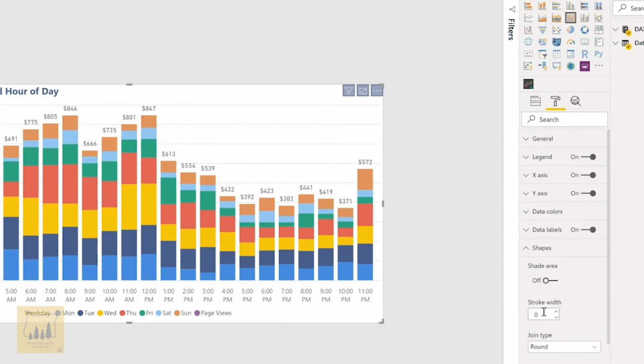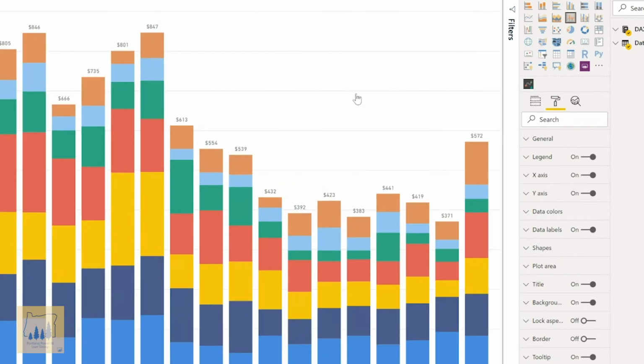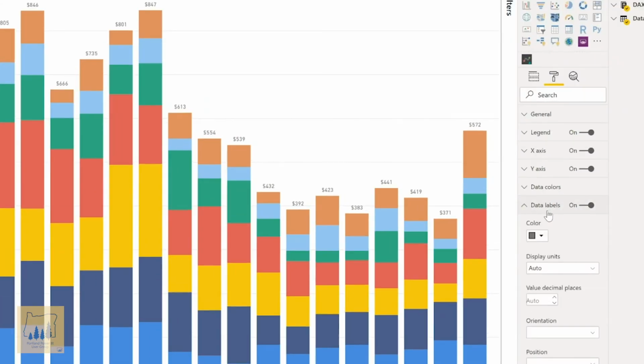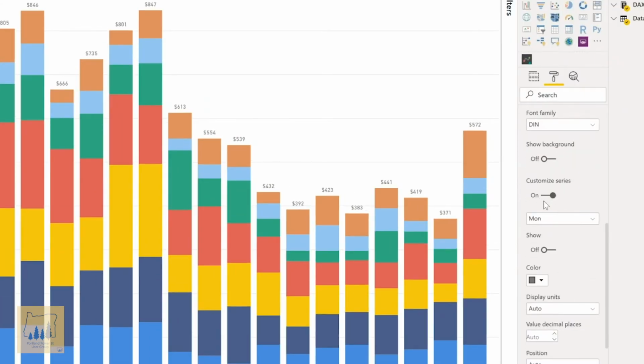It's kind of an odd implementation where they allow you to go all the way down, like having -1 decimal places. That would not make any sense to allow. But because this exists here and somebody showed it to me, I was able to figure out how to do it in one visual. A couple of other things are important to get this to show up. You'll notice that both at the regular level and in focus mode, it still only shows the data label at the top. To make sure this stays true, you need to come down to data labels, and customized series is very important. You want to make sure that for whatever you have on the legend, in this case Monday through Sunday,